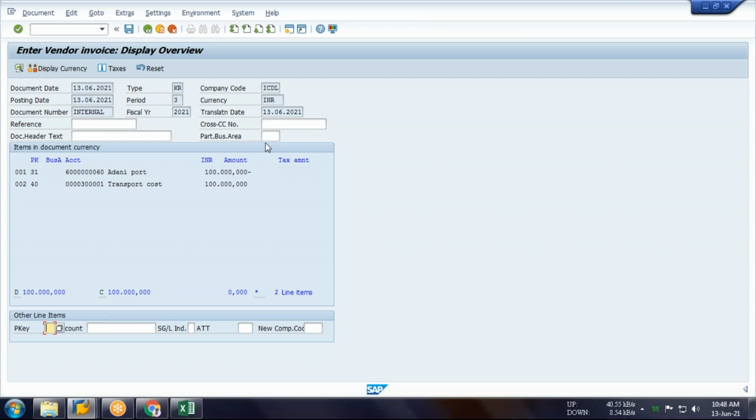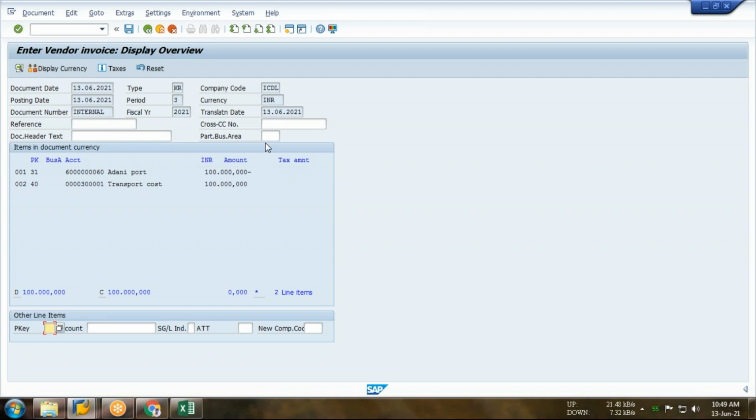So FB60 also is a T code for invoice posting. F-43 is also a T code for invoice posting, but the difference you can see: in F-43, we will use it only if there is an advance. If there is an advance, and against such advance we are going to post the invoice, then only we use F-43. Or if there is no case of advance, no case of PO, nothing else, then FB60 will be the T code. Everyone getting this? Yes, no? Yes, sir.